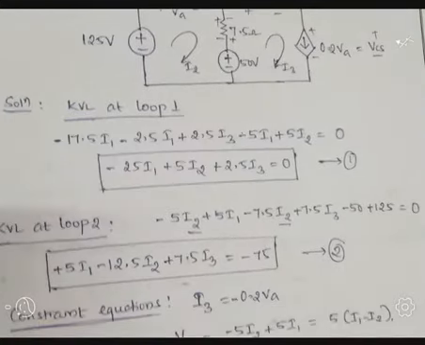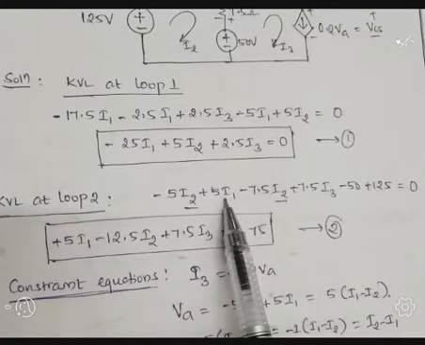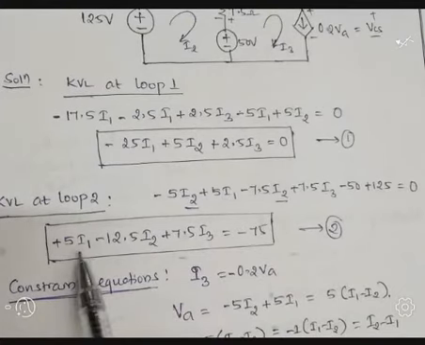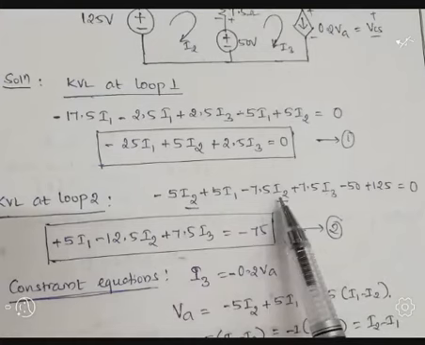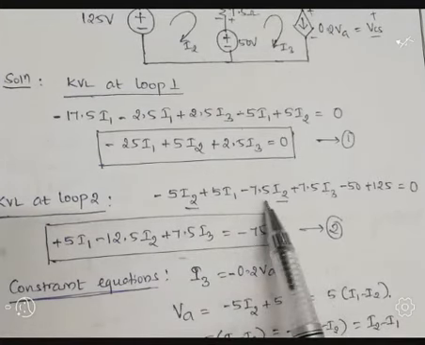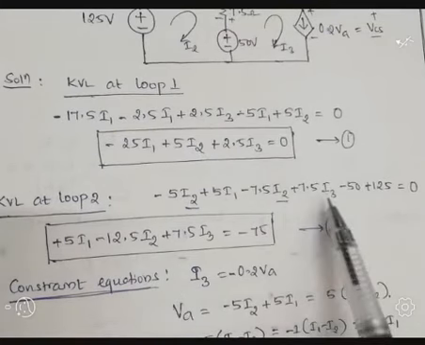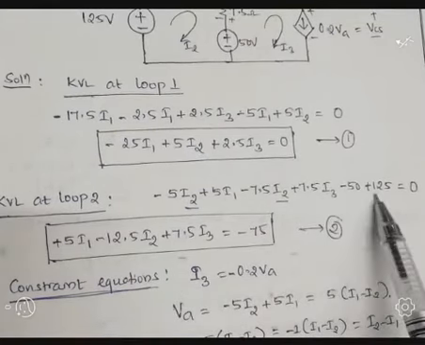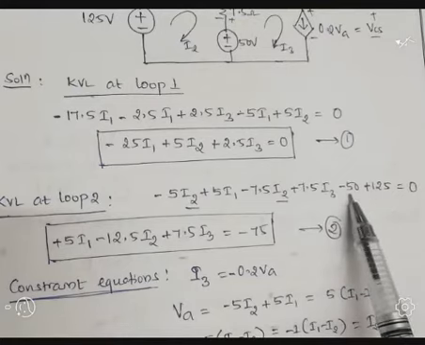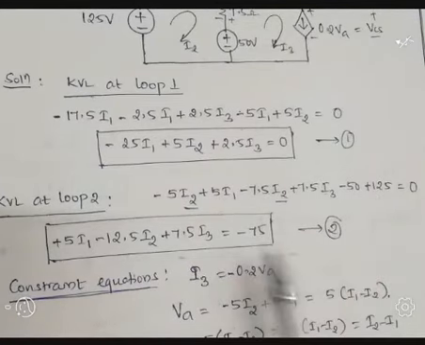Okay, now add the coefficients. There is only one coefficient for I1, directly I am writing 5 I1, and for the current I2 there are two coefficients, minus 5 and minus 7.5. Add these two, we are getting minus 12.5 I2 plus 7.5 I3 is equal to 125 minus 50, that is plus 75. So if you take this plus 75 towards RHS, it becomes minus 75. Hence represent it as equation number 2.